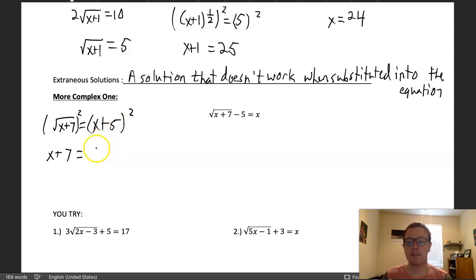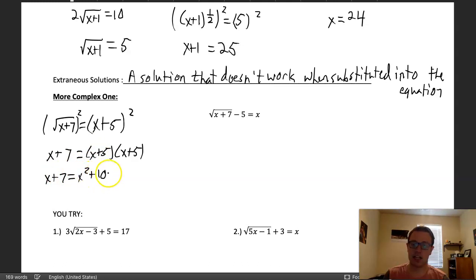How do we solve that? Well, we'll have to expand it, right? It's x plus 5 times x plus 5. When we solve this, we'll get x plus 7 is equal to x squared plus 10x plus 25. And then we'll bring all of our x values over because now we're trying to solve a quadratic. So all we're going to do is bring our x values over and factor to see what our solution will become. When we do that, we'll get 0 is equal to x squared plus 9x plus 18,